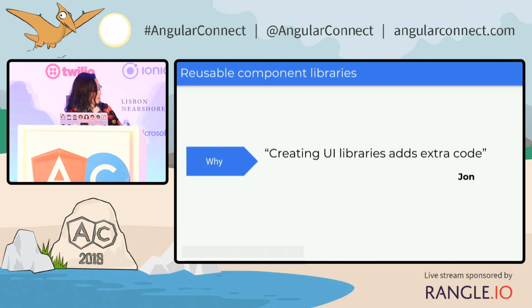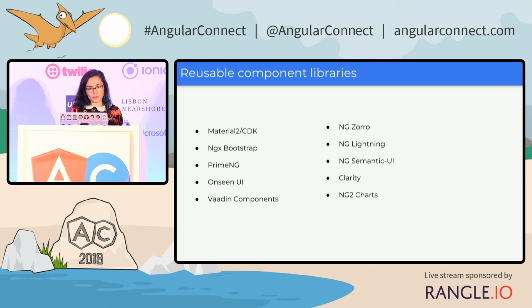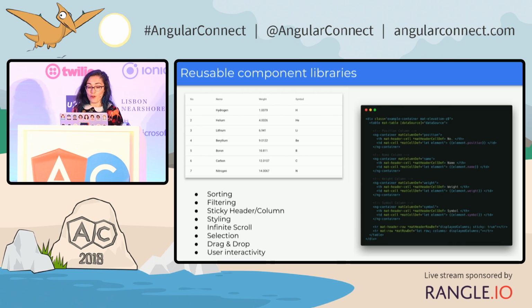And another person, John, said, creating UI libraries adds lots of extra code. Because if you're starting a project and then you start to organize your code so much, people tend to think that it's just too much work and not sure if it's worth it, overly complicating things. And there's lots of UI libraries out there that you can use, and why do I create my own UI